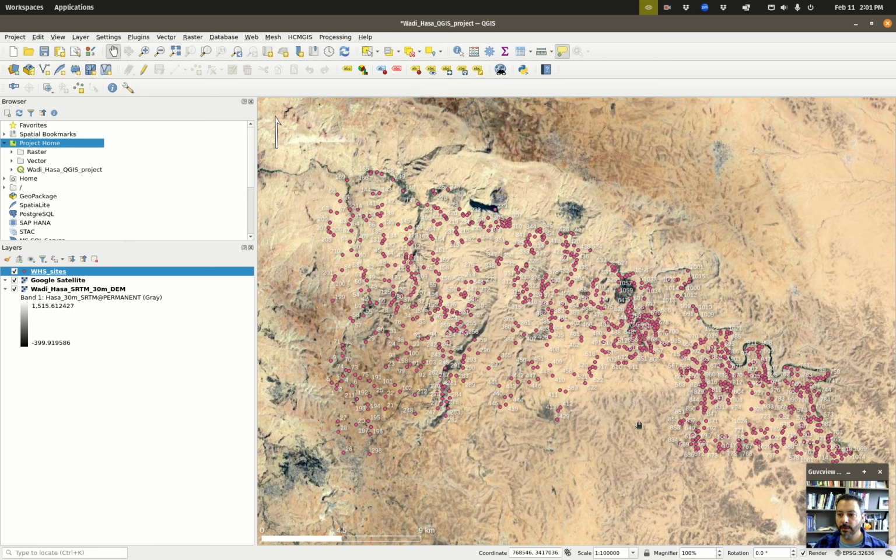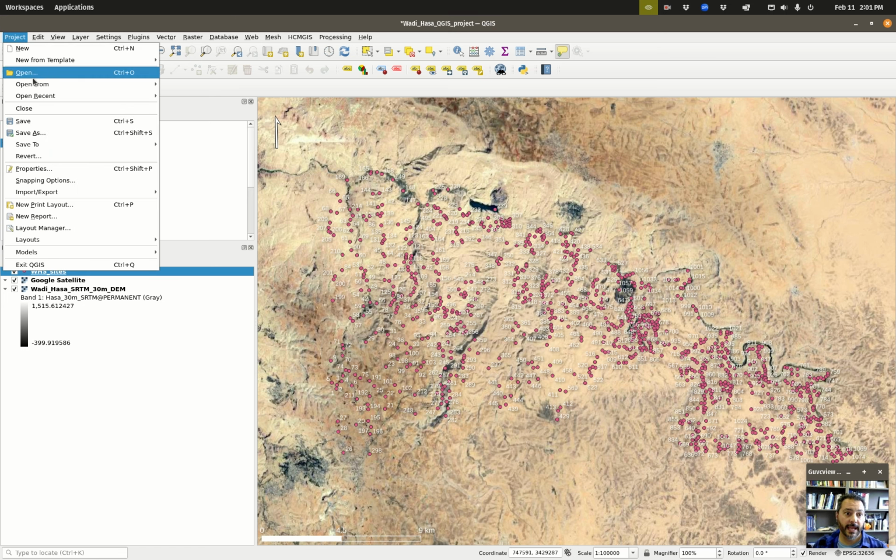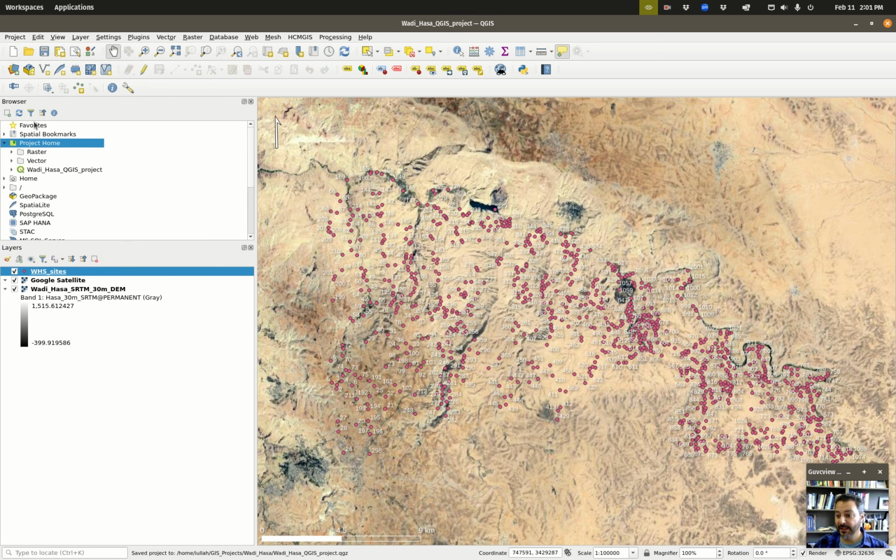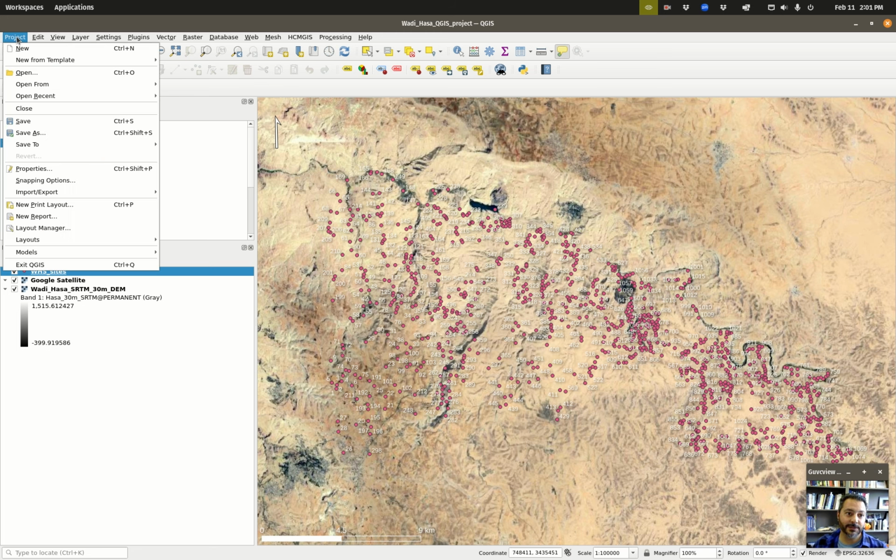And now we have our map, and let's say we wanted to save this view that we have here to a graphics file. First of all, we're going to go up to Project and save our work, so that in case it crashes, we get back with our nice map decorations and everything that we wanted. The next thing we're going to do is go to Project, go to Import/Export, and click Export Map